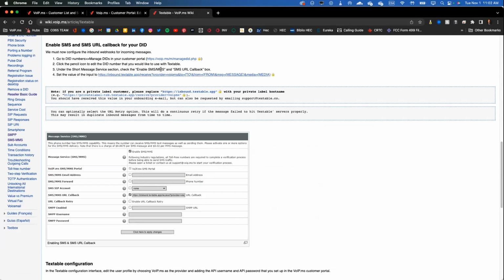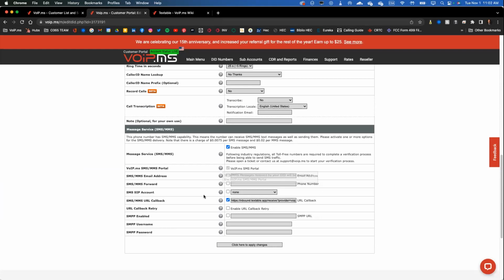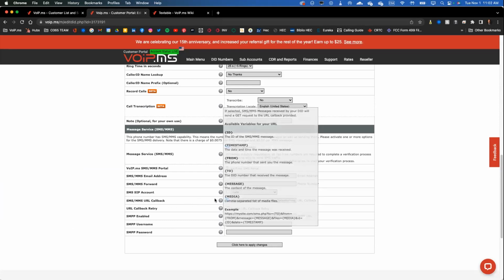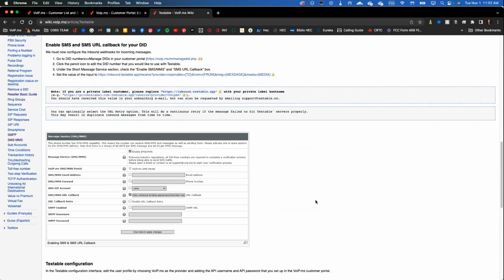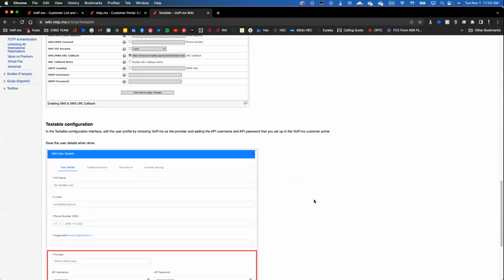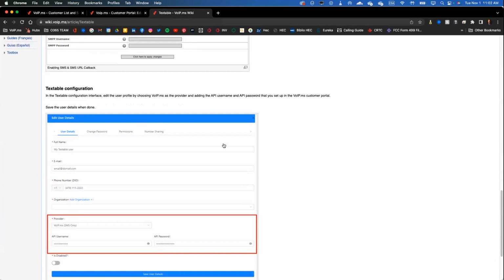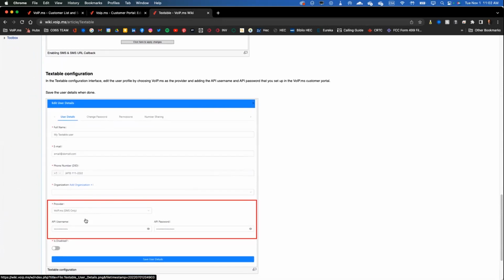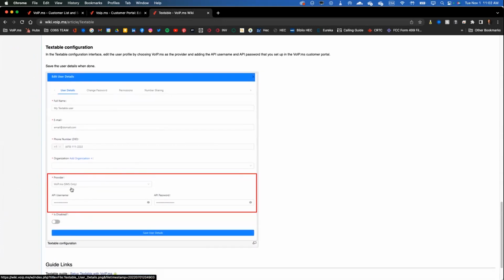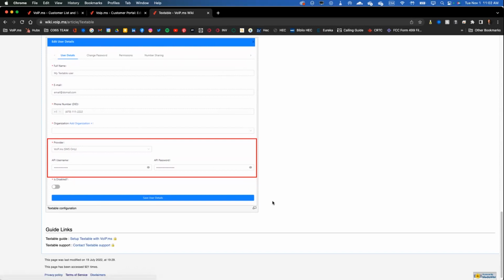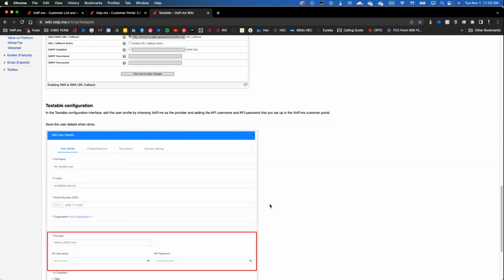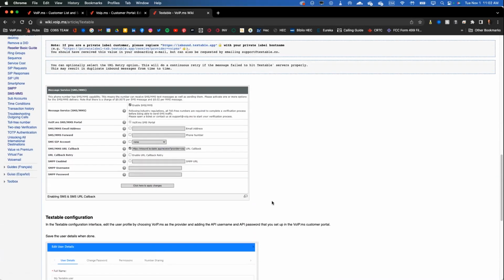So you will be able to input that into SMS MMS here, and you'll simply connect your Textable directly with VoIP.ms. After that, you go in Textable, input your API key or password, and that's it. That's pretty much it. It takes literally 5 minutes to do it. It's very simple.